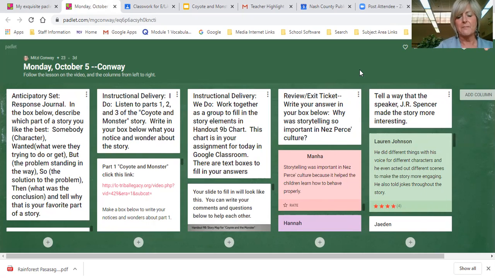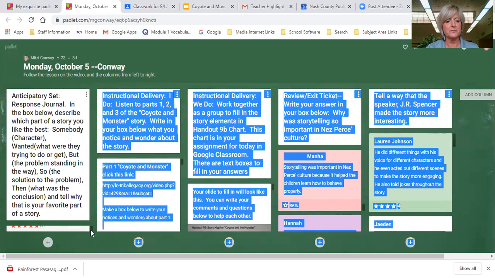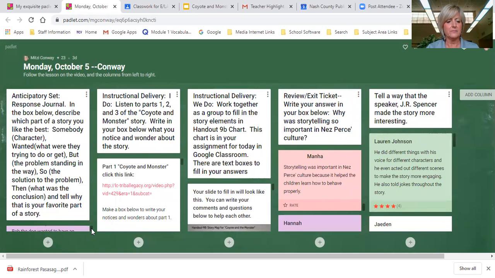So this is a sample. It's not a sample. This is an actual one that I used last week. As you can see, this Padlet actually has columns. So I thought, I'm just going to put the instructional framework in there, and that keeps me focused. It gets the kids back in the habit of hearing that and going through that process. So we started with our anticipatory set, and they can input their response journals right down here, and sometimes